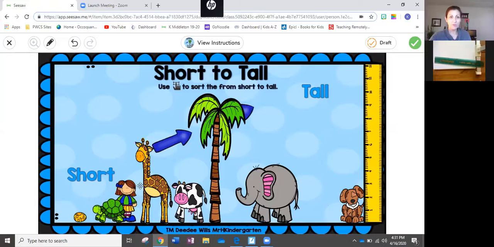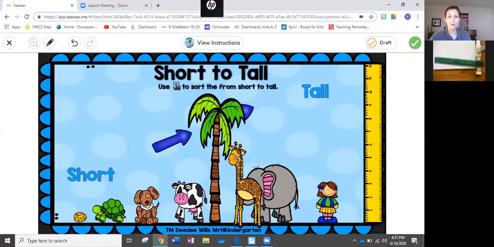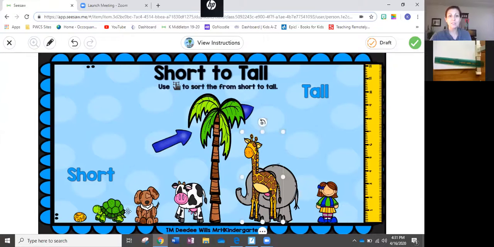Now, I thought this girl was pretty short, but so's the dog. Let's move them next to each other and do a direct comparison. Whoop, I can see that the dog is actually shorter than the girl and should go next in our order. Okay, you're going to continue to arrange each of these pictures from short to tall. Once you finish that, click your drawing tool again